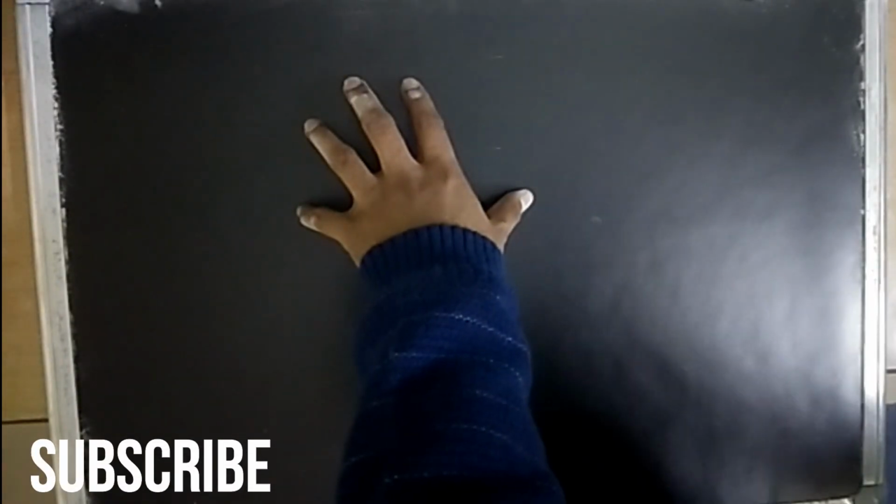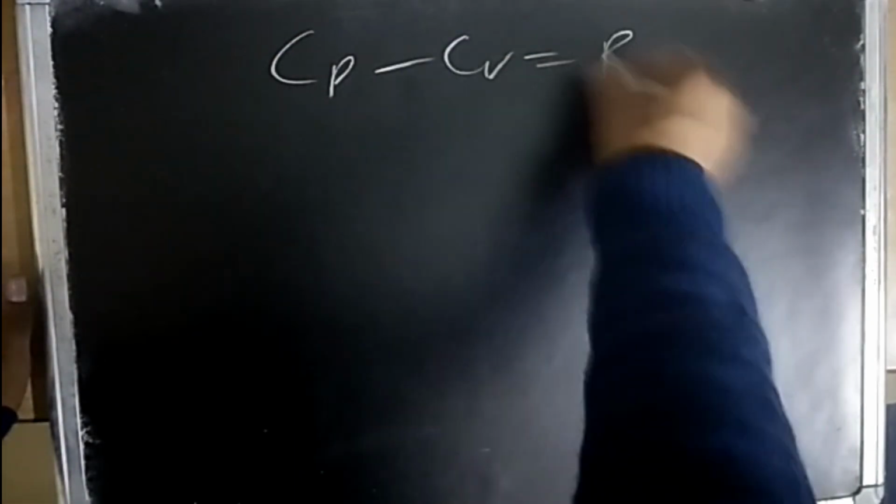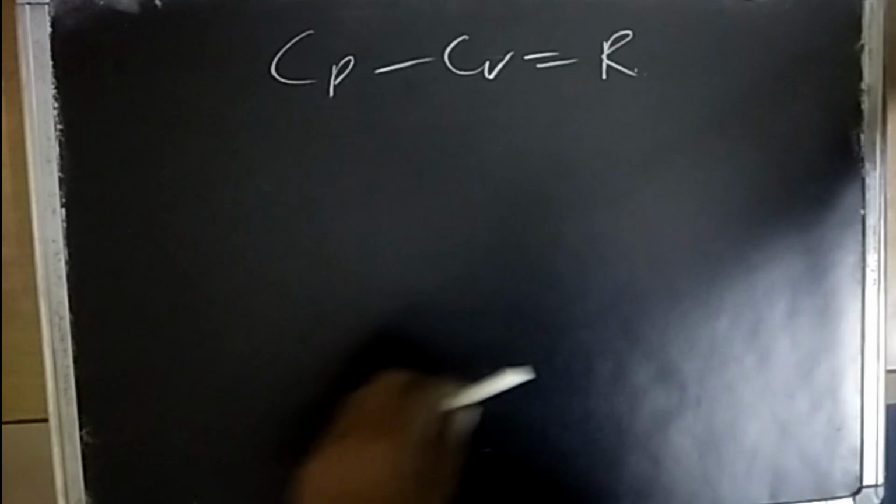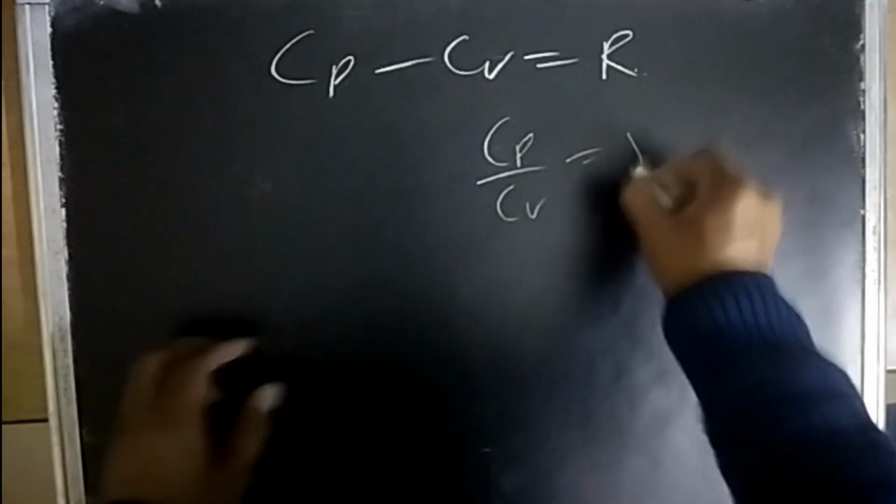Now let me tell you, Cp minus Cv is R only for ideal gas. Here you can also find out, and Cp by Cv is gamma. This is all you know. Let's move to the